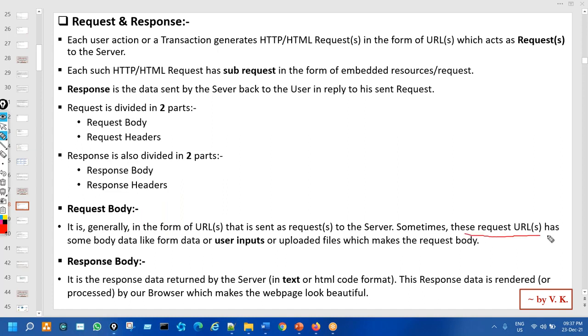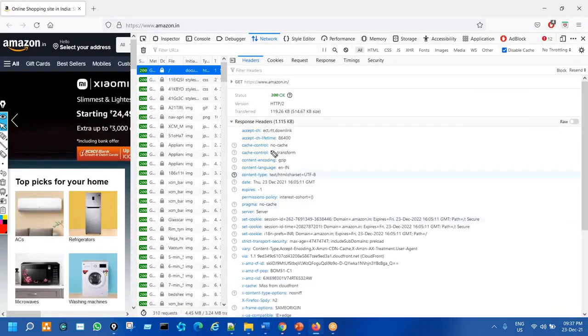Sometimes this request URL has some body data like form data or user input or uploaded file, which makes the request body. Normally when you do something, the request URL will be generated. You can say request URL or request. That will be the part of request body. And sometimes what happens with that request URL,